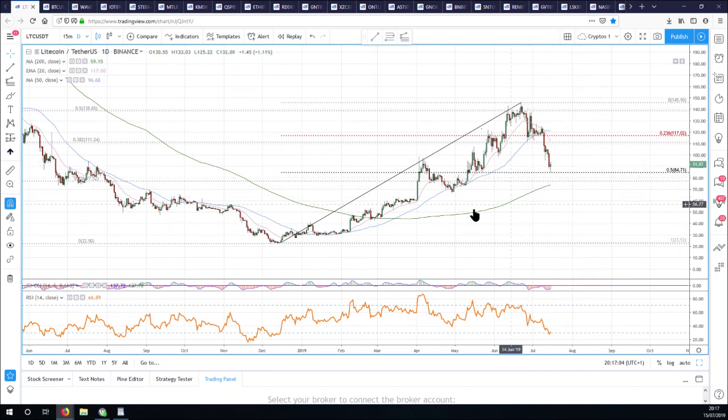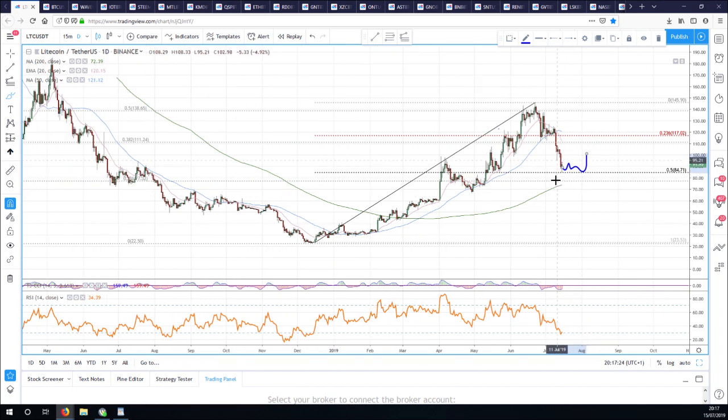One of the problems, for me, is that this 200 moving average hasn't quite caught up, and I have a feeling that it's going to. When the moving averages haven't quite caught up, what you tend to do when you get to a big level is sit there and make a bit of a base. So I would really like to see Litecoin Tether make a bit of a base here around 85, 80, and let this 200 moving average catch up. Then I think by the time we tag it, we'll be ready to go again.